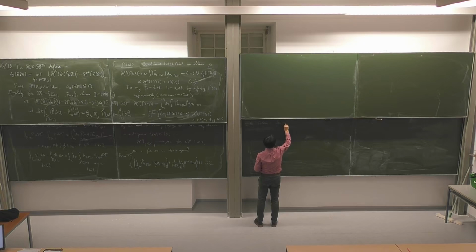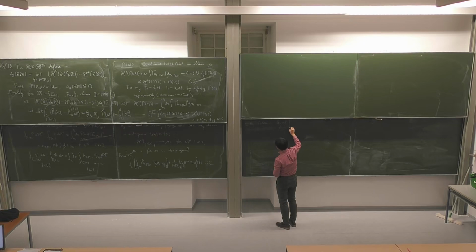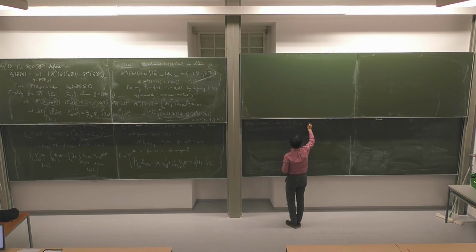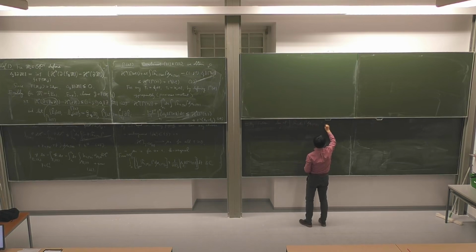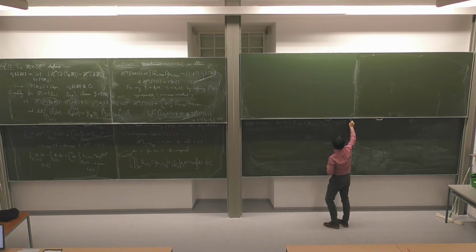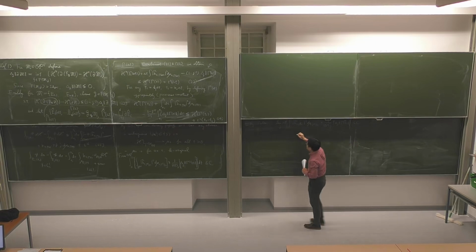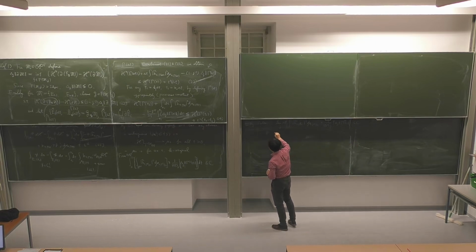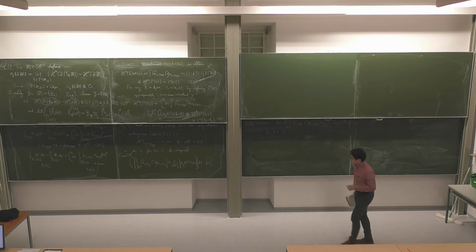Okay, so by Fatou, lim inf in j of this quantity is bounded for almost all time. Okay. Yeah. And so